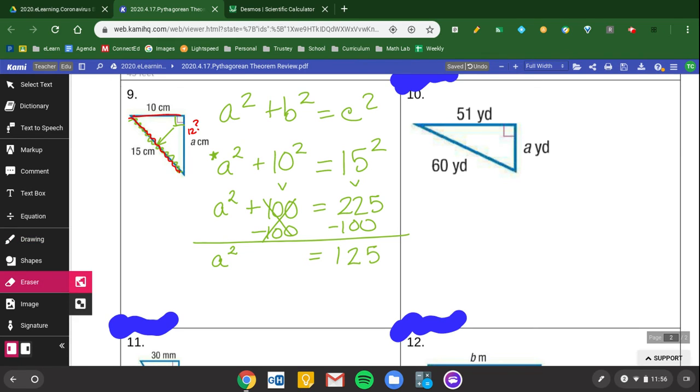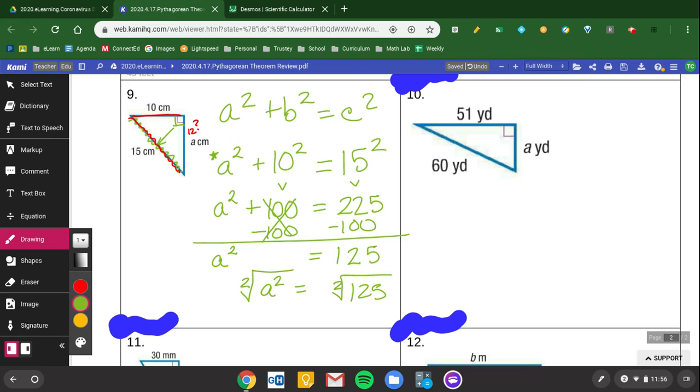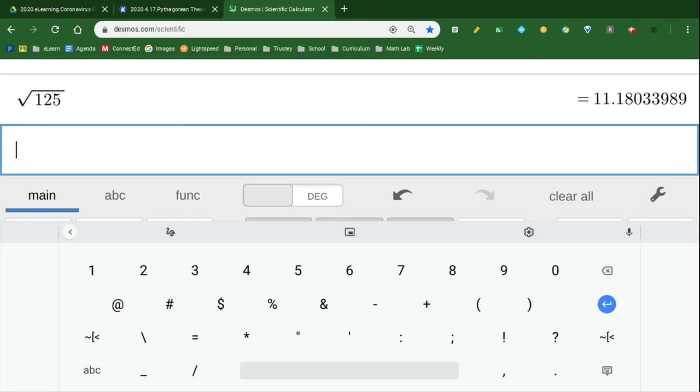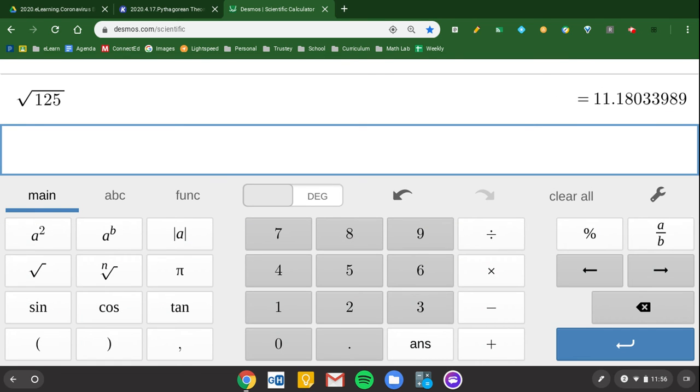Now let's go ahead and get rid of that second power. We know that the inverse of a second power is a second root, as long as we are fair to both sides. As we said earlier, there could be two possible answers to the equation, but in this case, there's only a positive possibility because you cannot have a negative leg. Second power, second roots cancel out. Go to my Desmos calculator here for the square root of 125. And we see the answer on the right side,